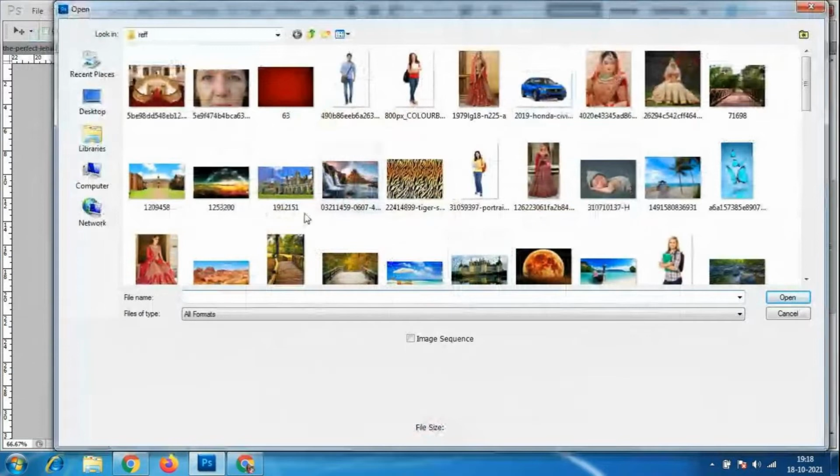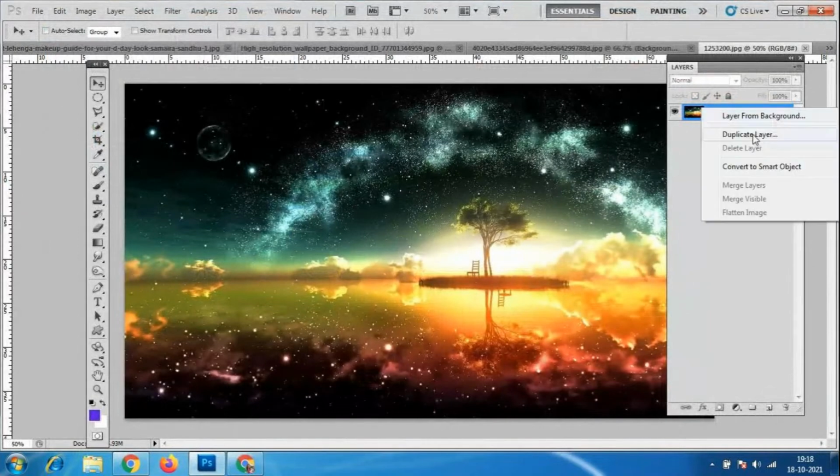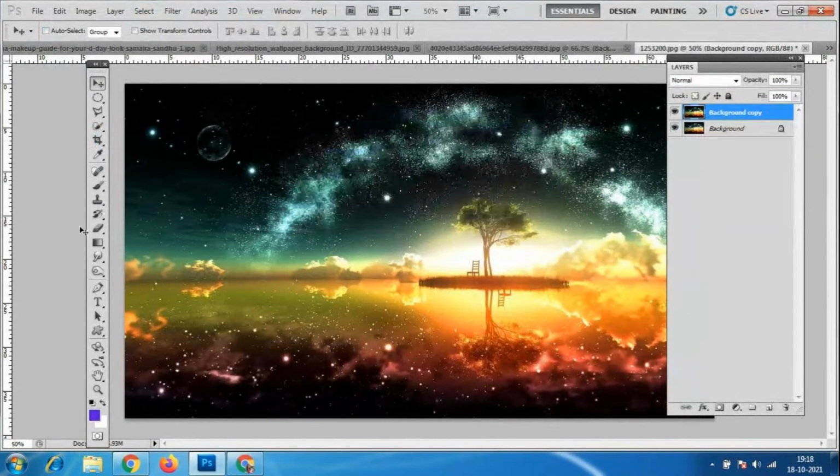Even any image which is very bright, we can make dark also. So like this, a duplicate copy of this, and the burn tool. So here, see here, again we can make this portion very dark.